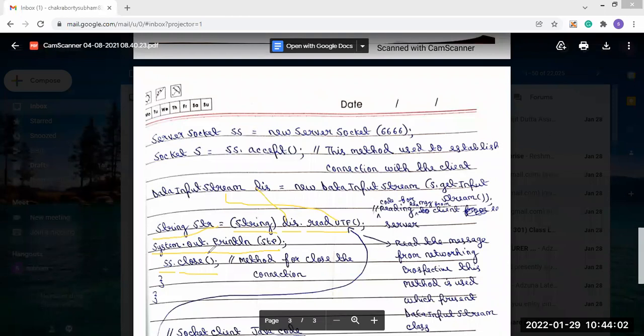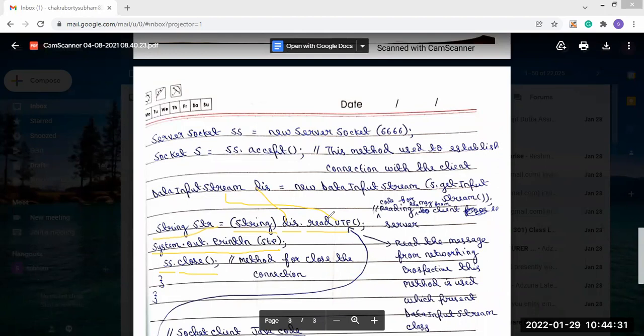This is the programming on the server side. But our programming doesn't end here, because we have only done a part of it. The server side programming we have already done, but there is also a program on the client side, because this message has to be sent. Otherwise how will we see what message is passed?